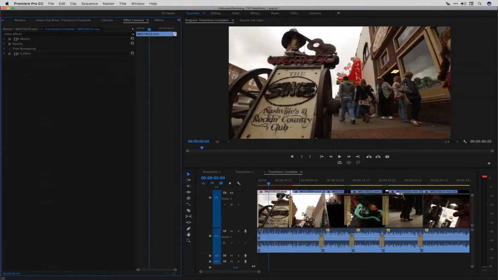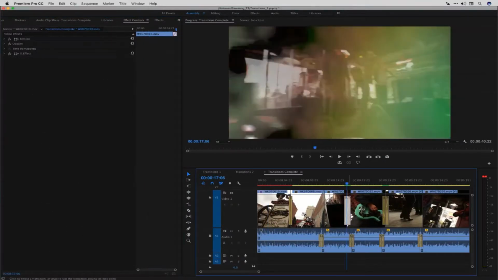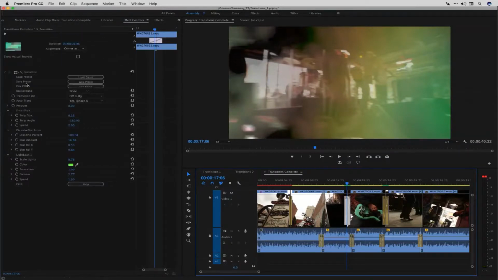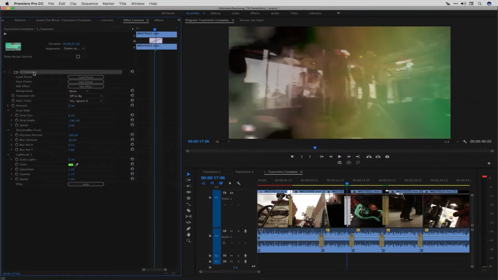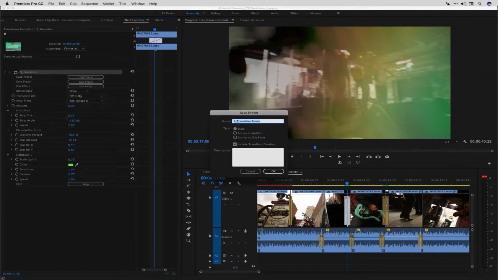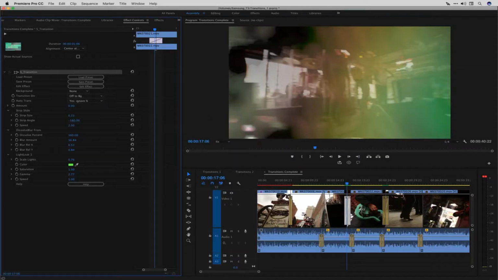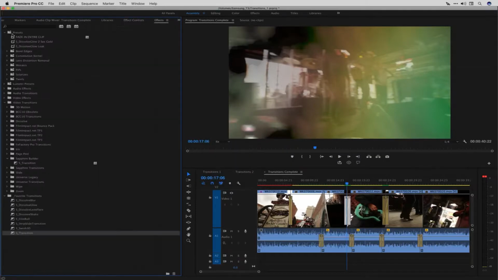Not a problem. So with the transition selected, you go over to your effect controls. You can see it right here, my S transition, okay? And if you select this and then control click it, you can save this as a preset, okay? Once you do, you'll get a Save Preset dialog box. You can rename that preset accordingly, and you can find that preset in an already named folder called presets here at the top. You can see some of the